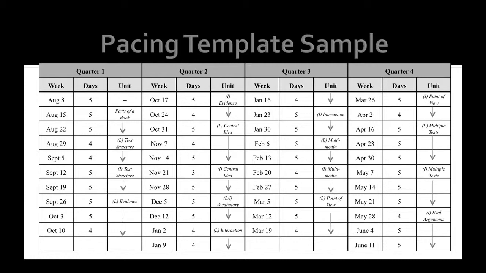They put the title of the unit, in this case it was parts of a book, and then they draw an arrow for how many weeks approximately they plan that unit to take. They go through all the other units, spacing them so that they can fit throughout the year with an arrow saying approximately how long. Most of the units, as this teacher decided to do, are planned to take about 2 to 3 weeks.